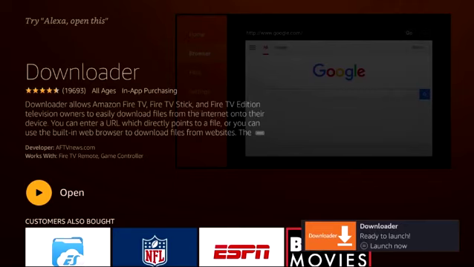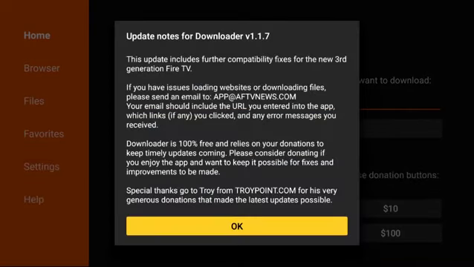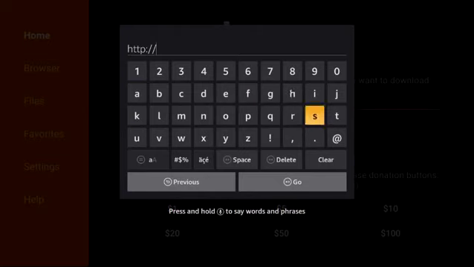So, all right. Now, after you have the application installed, go ahead and open it up. When you open it up for the first time, you'll get this pop up. Just hit allow. You'll get another pop-up. Just hit OK and make it go away. Then press the select button on your remote. It's going to bring up this virtual keyboard, and I want you to type in